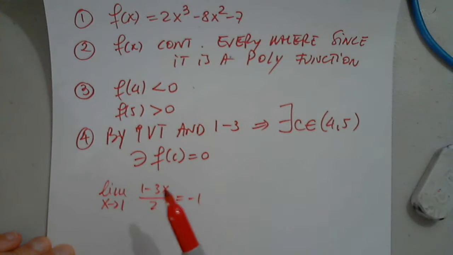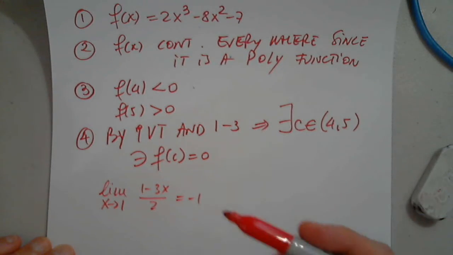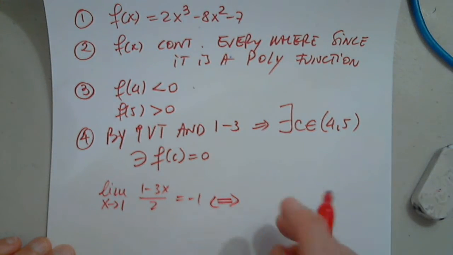I will plug in just to make sure. Negative 3 times 1 is negative 3 plus 1 is negative 2. Negative 2 over 2 is indeed that. So then I will write the definition, which you use symbols or not, it's fine by me, but you have